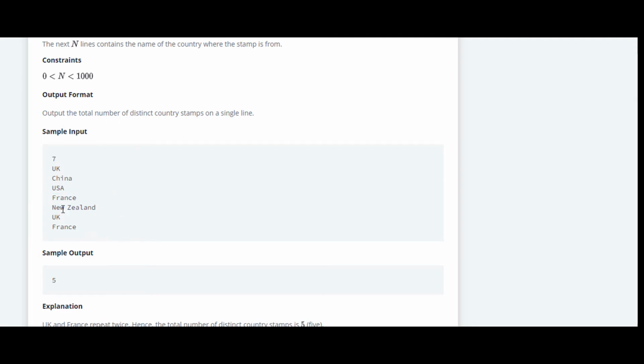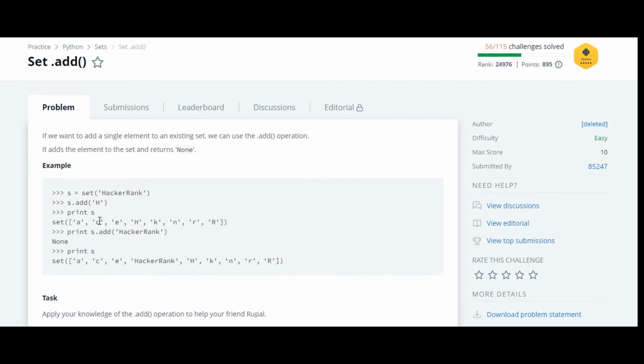So here as you can see, France has been repeated twice, but when we are using sets, as they have shown over here, they have passed HackerRank in a set, and as you can see they have only collected the distinct elements. They have collected only single letters.